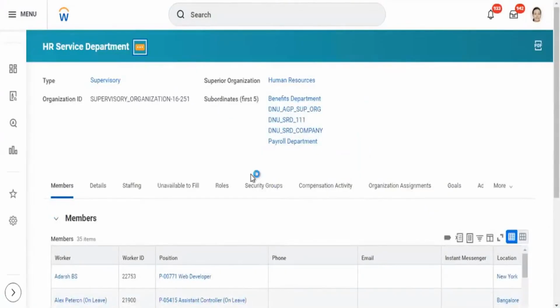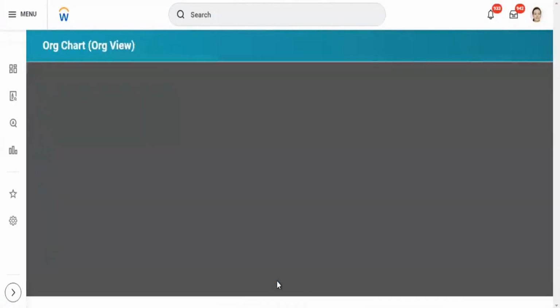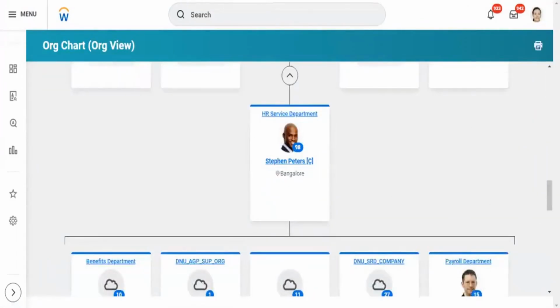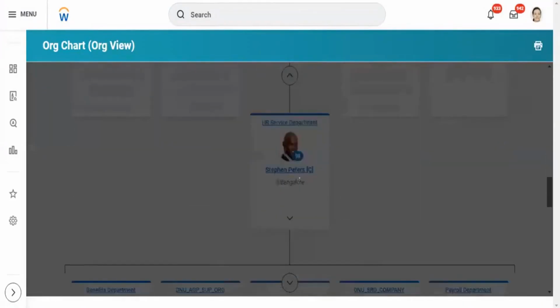If I go to our chart, you should be seeing the same. This is generally our org chart.